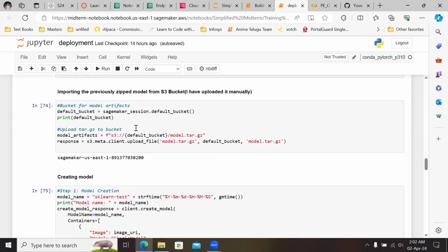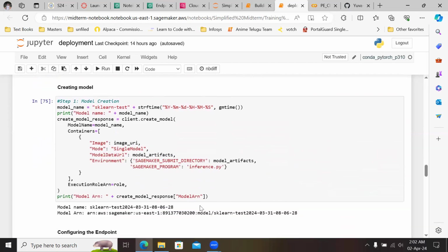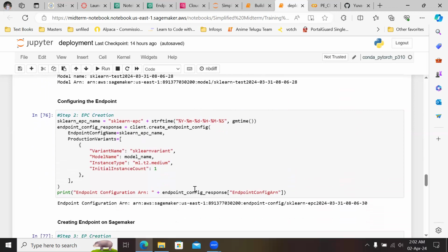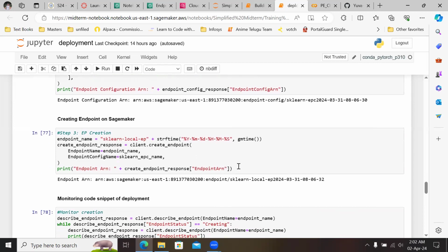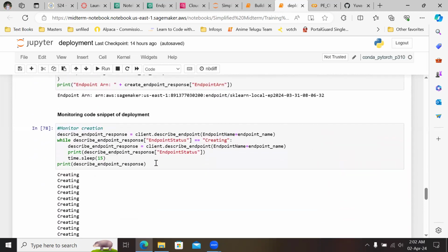Later, we are uploading the R model zip file into S3 bucket, and in this part, we are creating our model. In this step, we are configuring the endpoint, and this particular code snippet will create an endpoint in SageMaker, and this particular code snippet is going to